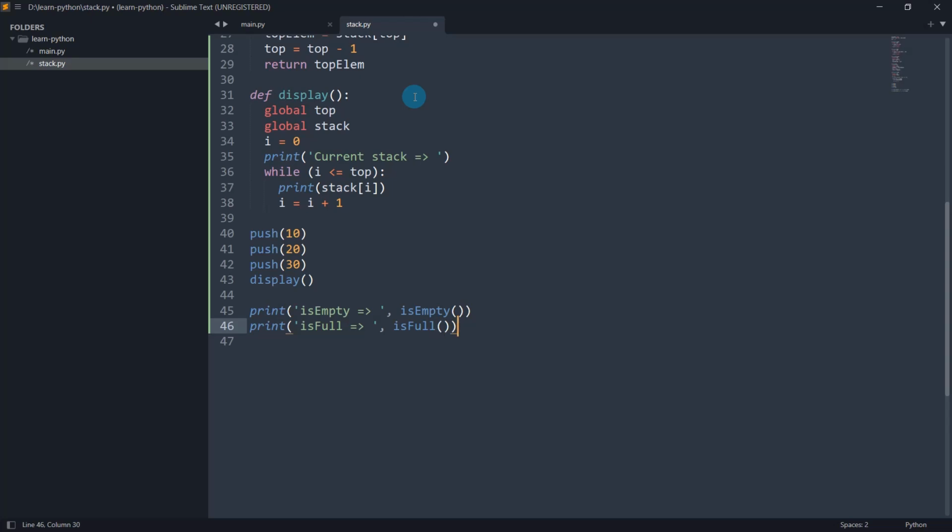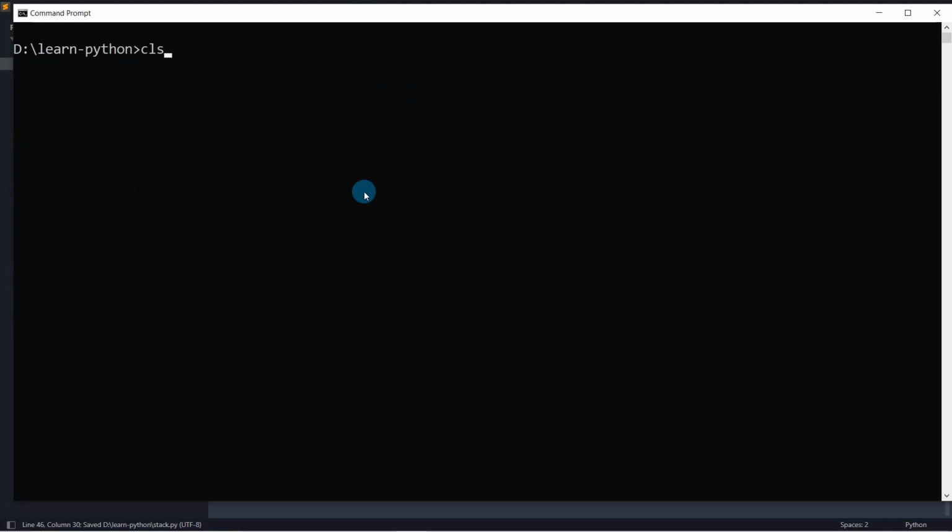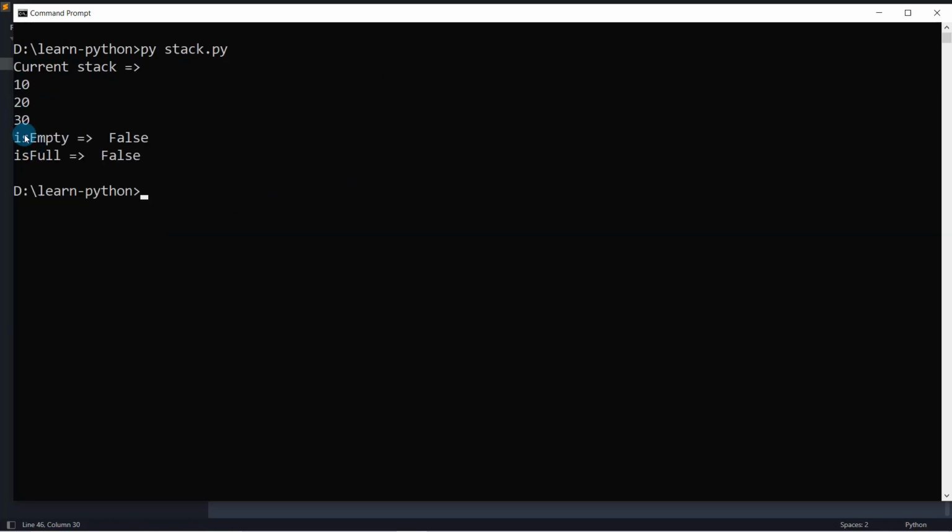Let's run this. Okay. See, the elements printed 10, 20, 30. isEmpty returned false. The stack is not empty because 3 elements are there. isFull is also false because the stack has not yet reached its max size, that is 10. Only 3 elements we have.